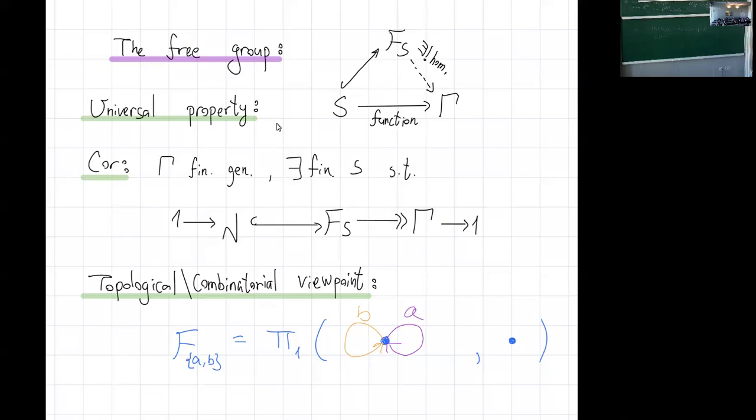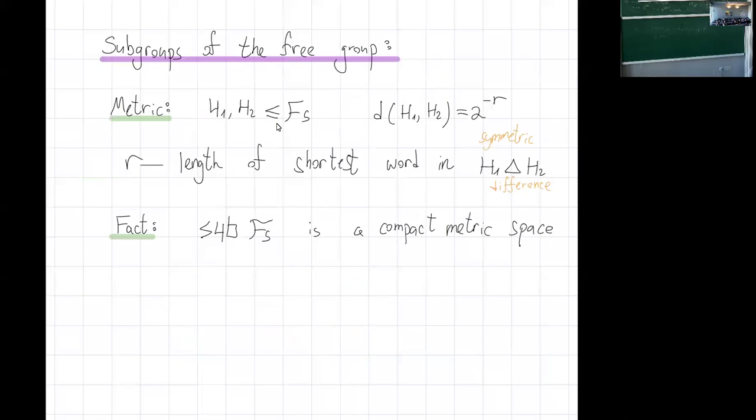Great. So this is the topological or combinatorial viewpoint. And once you have a group, specifically for the free group, it's easiest to show. You have a natural topology on subsets, right? The Tikhonov topology, and this gives you a natural topology on subgroups. But at least in the case of the free group, there's a very straightforward way of viewing this topology, via